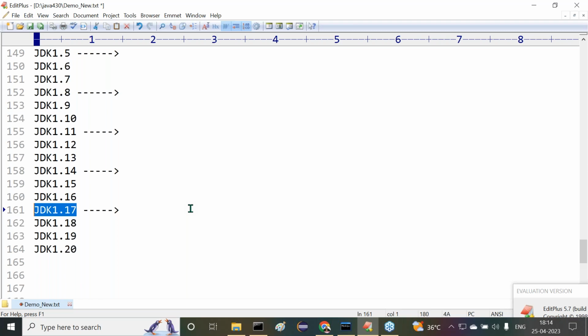Here we are going to understand up to the 20th version, as per my responsibility I will discuss it. But as a student, if you want to survive in the software industry, we should learn at least the minimum JDK 1.17 version. This is mandatory for everybody. Of course, if Java 21 comes by the time you complete your course, I don't have any problem. I'll update it and give you the information. I'll discuss up to the latest version with you.